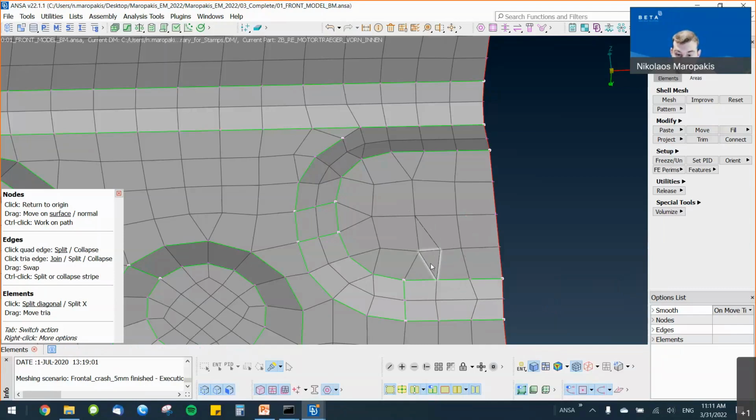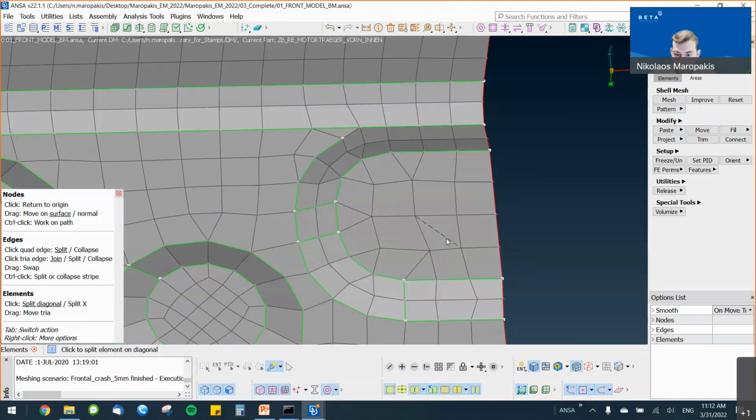If an edge is splitting a quad element, I can hover my mouse over this edge and click to perform a join. Finally, when I'm over an edge, I can switch to the other available function with the shortcut key Tab. I can see the preview informing me that I changed the functionality, and by clicking, I can perform a collapse.